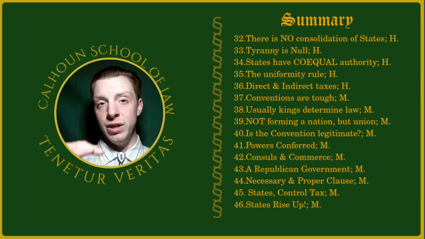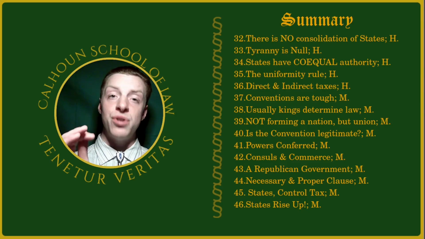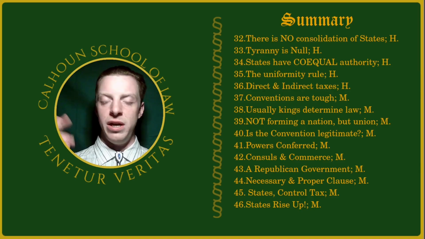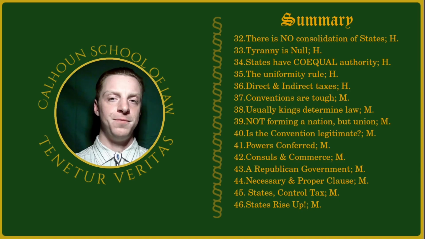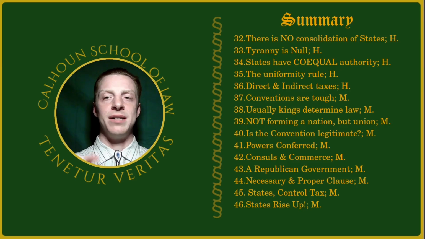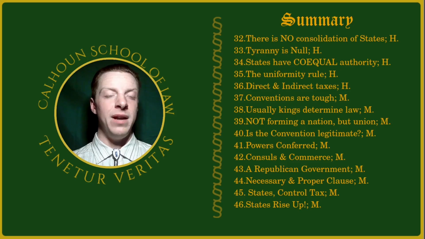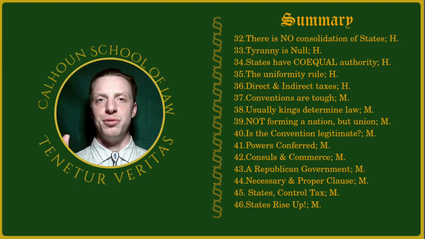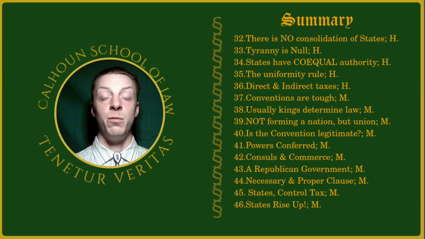And if you notice as you read through the Federalist Papers, he almost always capitalizes union when referring to these United States. Number 33, probably equally as important, tyranny is null. And he gives a really good description on exactly what tyranny is, on exactly what the rule of law. He doesn't explicitly, if I remember correctly, say the rule of law, but the natural principles that are inferred from what the rule of law is stated to be.